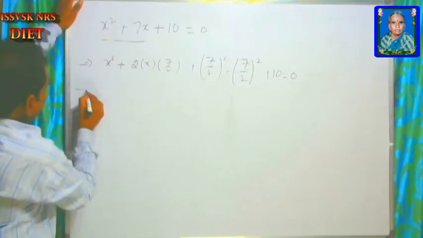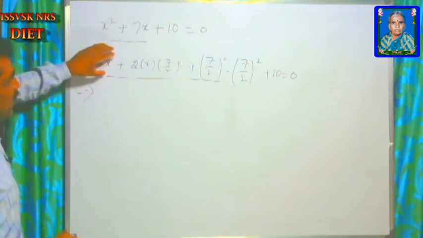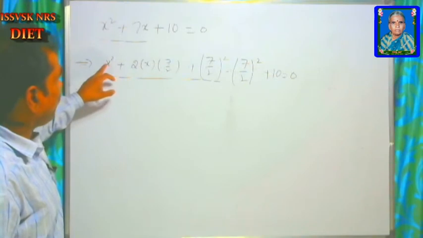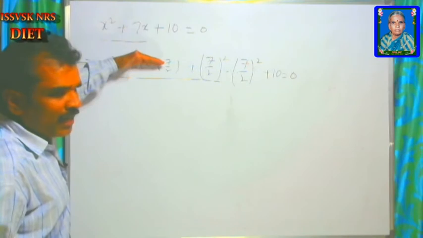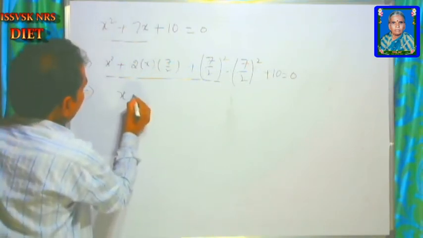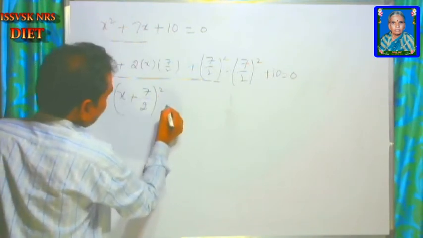Which implies, you just observe this one, this is of the form a square plus 2ab plus b square. Here a is x, b is 7 by 2. Therefore, we can write this portion as x plus 7 by 2 whole square, which is equal to,